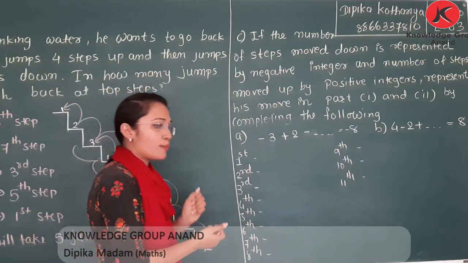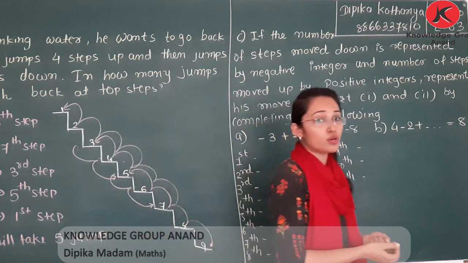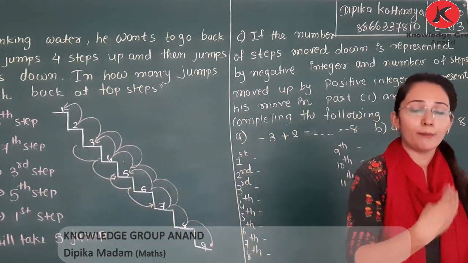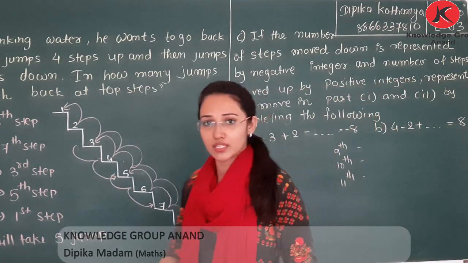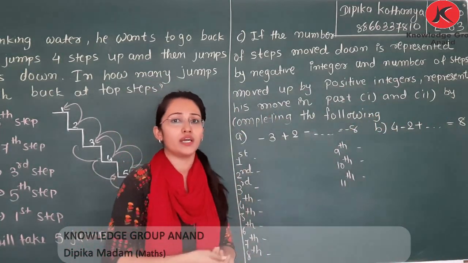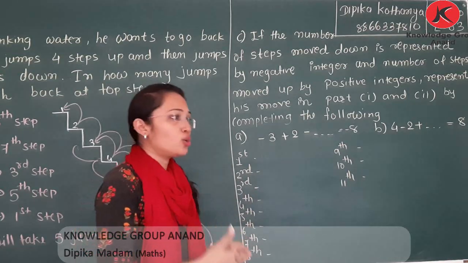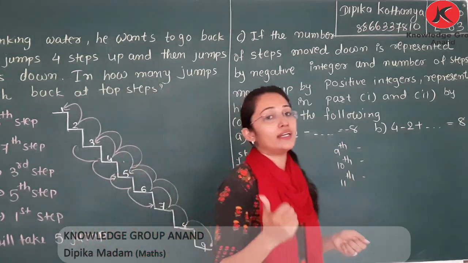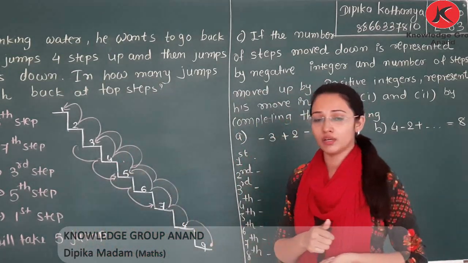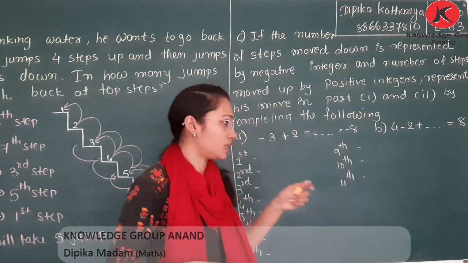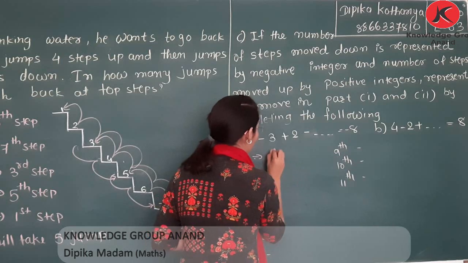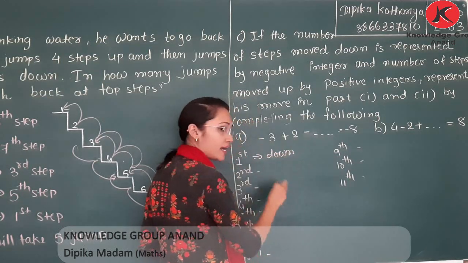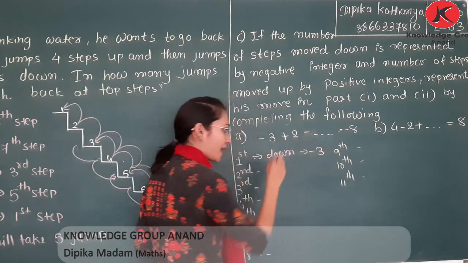કેમ કે ફર્સ્ટ એક્ઝામ્પલ આપણે જો ફર્સ્ટ પાર્ટ જો એમાં શું હતું કે પહેલા 3 સ્ટેપ ડાઉન જાય પછી 2 સ્ટેપ અપ. તો જે ડાઉન જાય છે એને -3 રિપ્રેઝન્ટ કરવાનું અને જે અપ આવે છે એને +2. We know that in part A there are 11 jump. કેટલા જમ્પ કર્યા હતા મંકીએ? 11 jump. So in first jump 3 step down, it will be represented by, that is downside represented by -3.